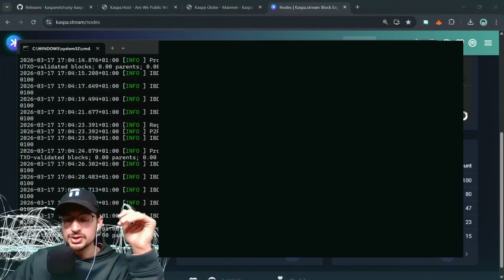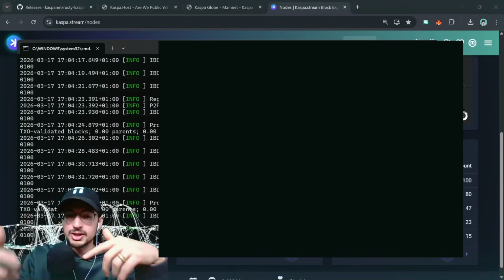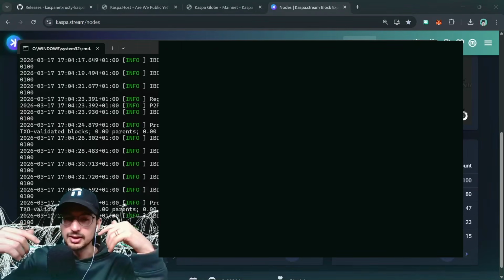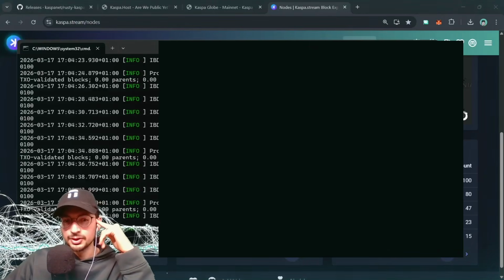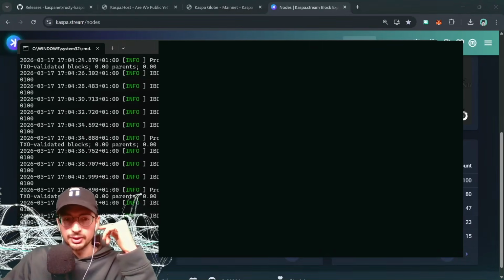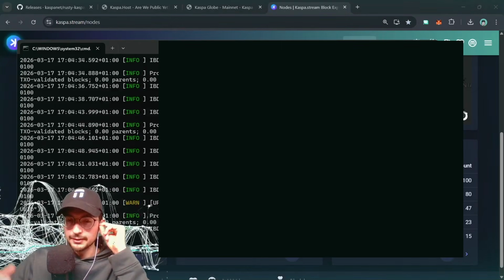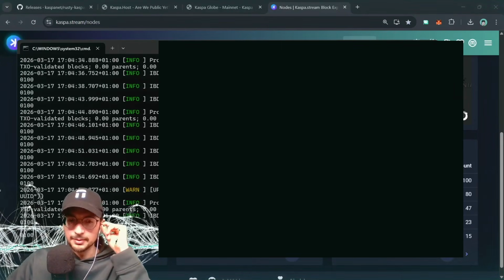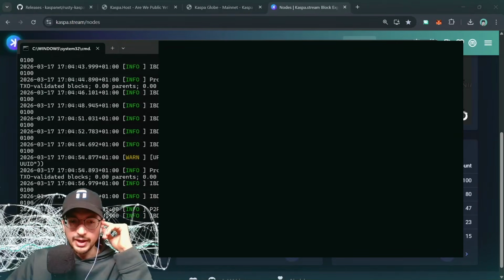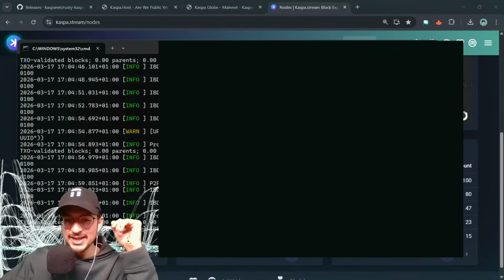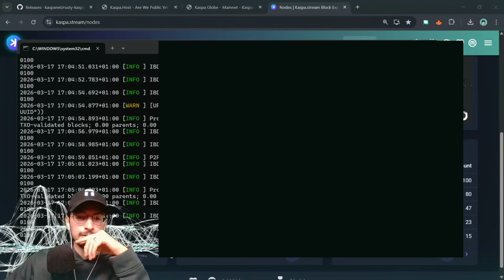That's recommended. 32 is really looking ahead for when Kaspa increases the block speed and gets to 30 blocks per second, or 100 blocks per second. That 32 gigabytes of RAM is really going to come in clutch. So having 32 gigabytes of RAM is kind of future-proofing your node. This laptop here has 16 gigabytes, and it's more than enough. If you have 8 gigabytes, you still can help decentralize the network right now,